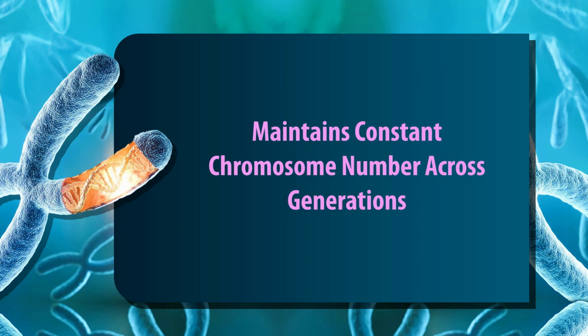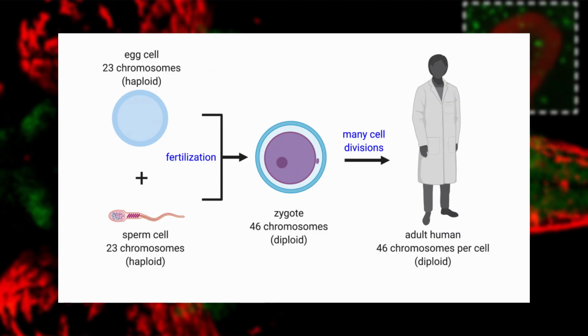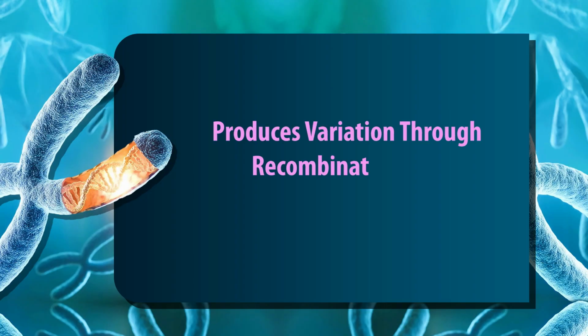It maintains constant chromosome number across generations. Meiosis reduces chromosome number from diploid to haploid, ensuring gametes such as sperm and eggs have half the chromosomes. During fertilization, haploid gametes combine to restore the diploid number, for example, 46 in humans. This maintains species-specific chromosome counts across generations, as seen in human reproduction, preventing doubling with each generation. It produces variation through